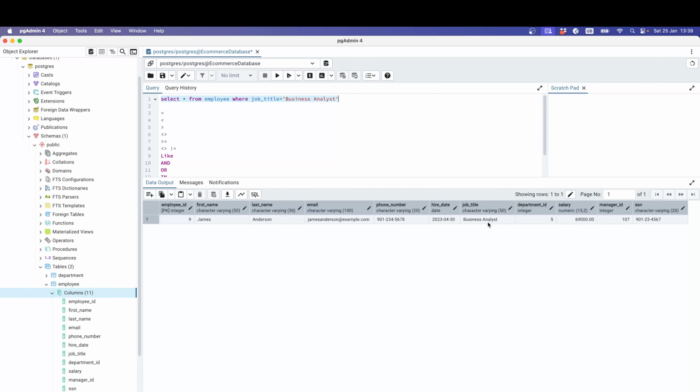So it gave me James Anderson, whose job title is business analyst. So this is how you use equal sign, equality, or where employee ID is equal to 9, you can use that one,